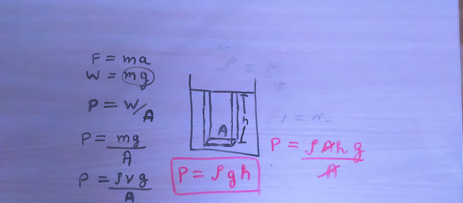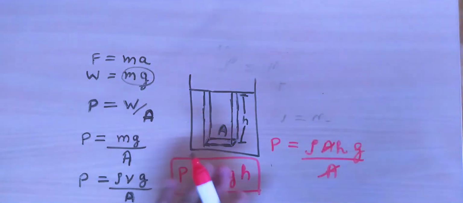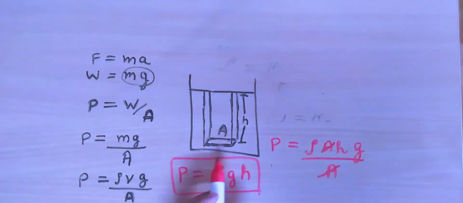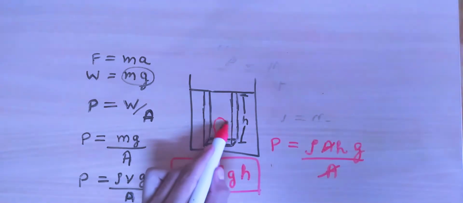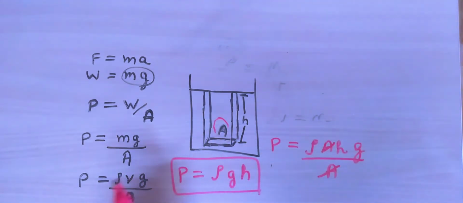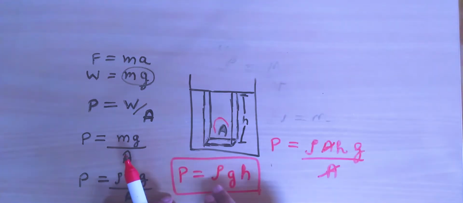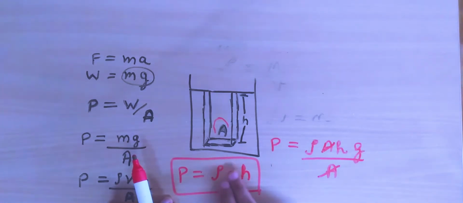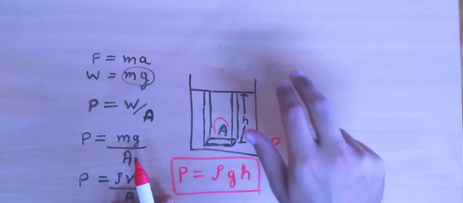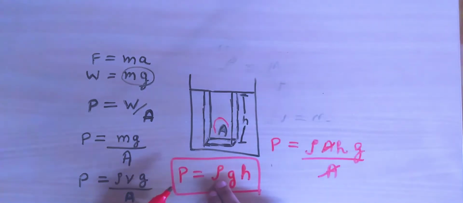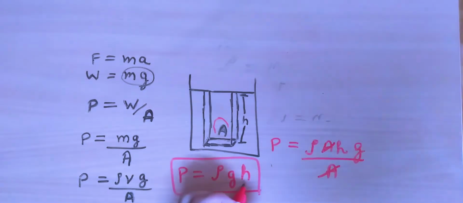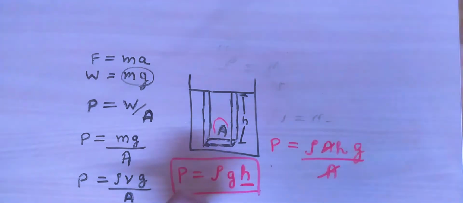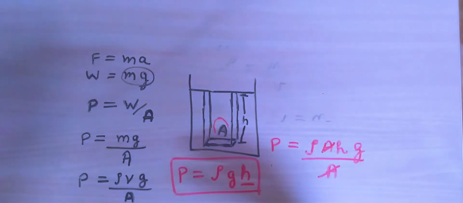And so this is a very interesting result here. It does not matter how large a surface you are using here, because the pressure at any depth is independent of the base area, or the area you're choosing to find the pressure. And the pressure of any given fluid depends only on the density of the fluid, g, which is a constant on the surface of Earth at all points, and the height of the column. So if you're talking about water, even rho would be constant because the density of water is generally constant. So the pressure of water in any container depends on only h, which means that the pressure of water depends on only how deep you go.